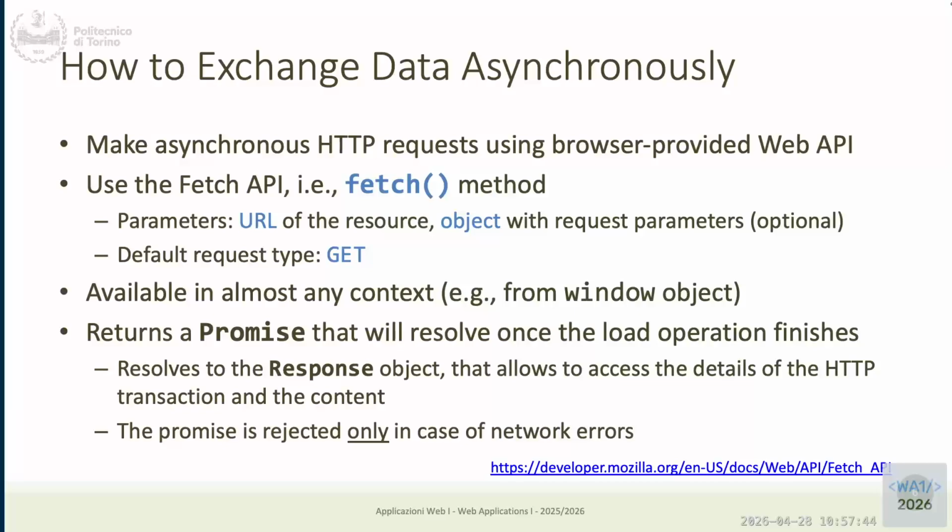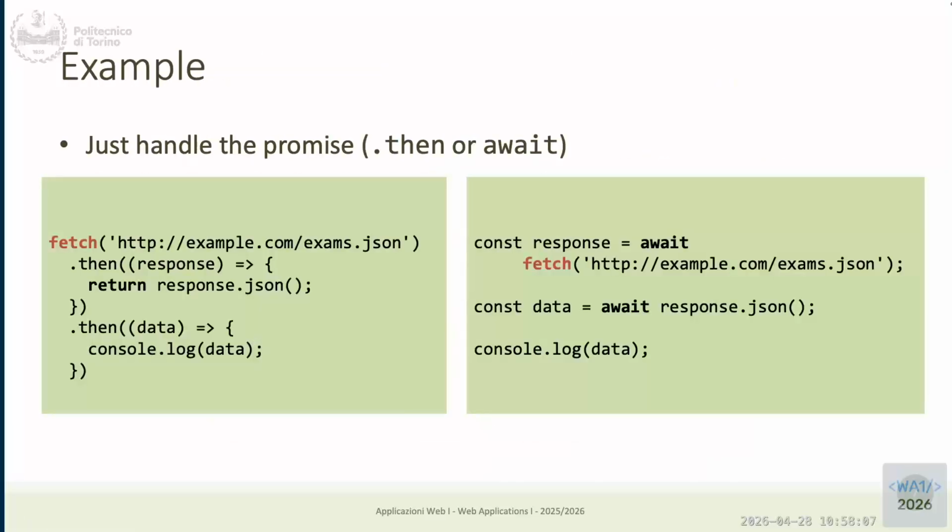Every time the client application needs to interact with the server, it needs to do an HTTP call for calling the API. And this HTTP call is created and managed by this fetch function, which is very simple because it has one argument, it's a promise-based interface, so quite easy to use. It gets one argument that is the URL that you want to call, and it returns a promise